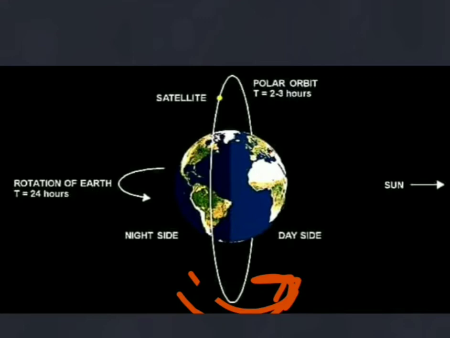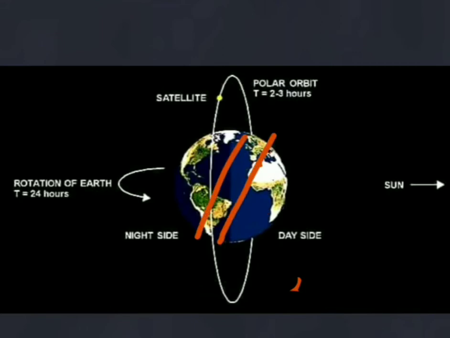For example, if the satellite is taking the photograph of this point, now next the Earth is also rotating, so the next point will not be on a straight line, the next point will be like this, and again the next point will be like this. So there is a tilt. It is not like a straight north to south patch is taken as a photograph. No, because of the rotation of the Earth there is a tilt, and the photographs are taken like this.